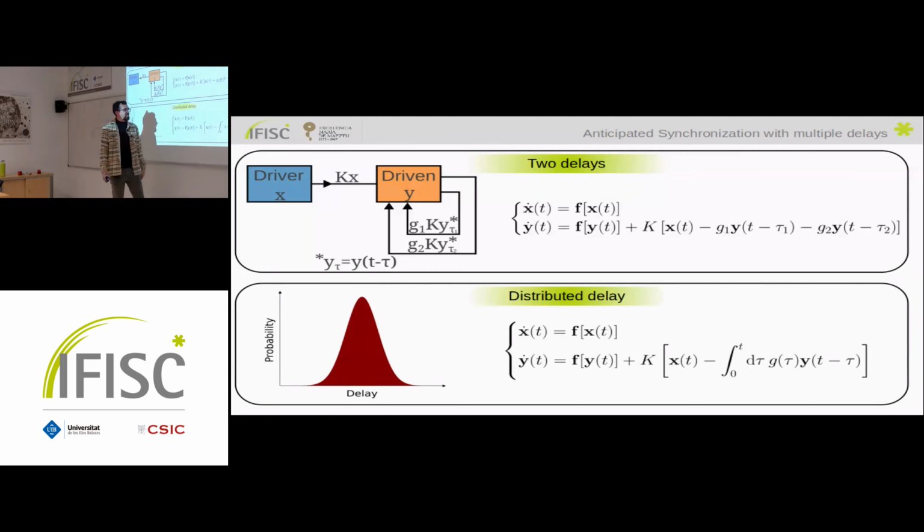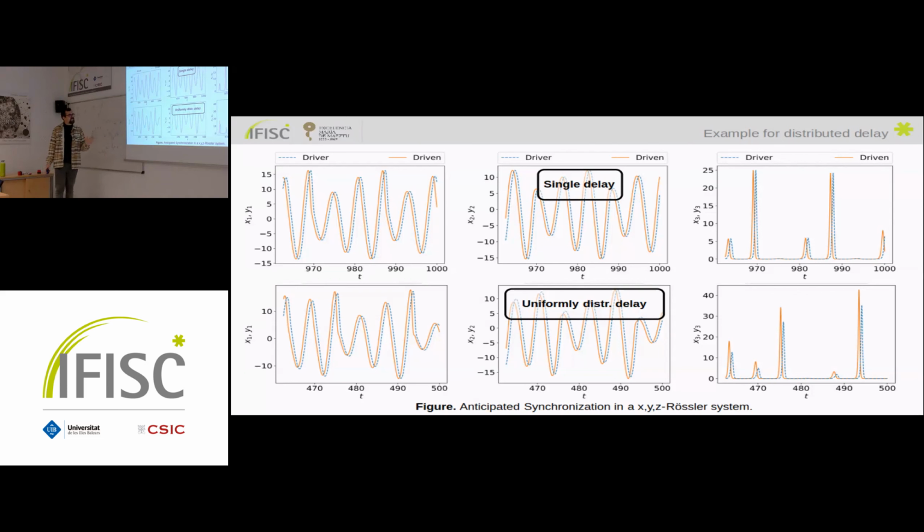So what are these differences? Well, first of all, the similarities. Both systems, as you can see, have some anticipated synchronization. So this orange system is still anticipating the behavior of the blue system. But now the trajectories are not exactly the same. So as you can see here, there are some small differences between one system and the other. And these differences, for instance, in the third variable are quite noticeable. Like you have a quite clear amplification of the signal in this third variable.